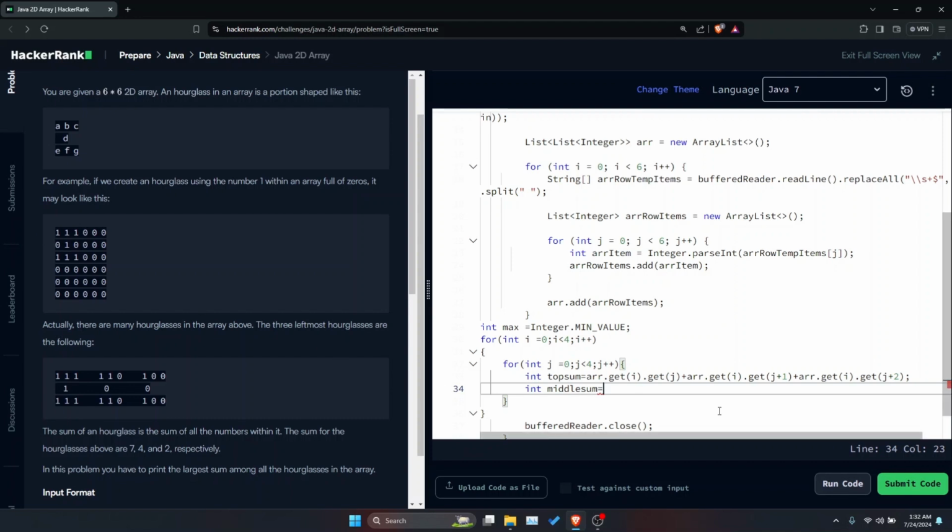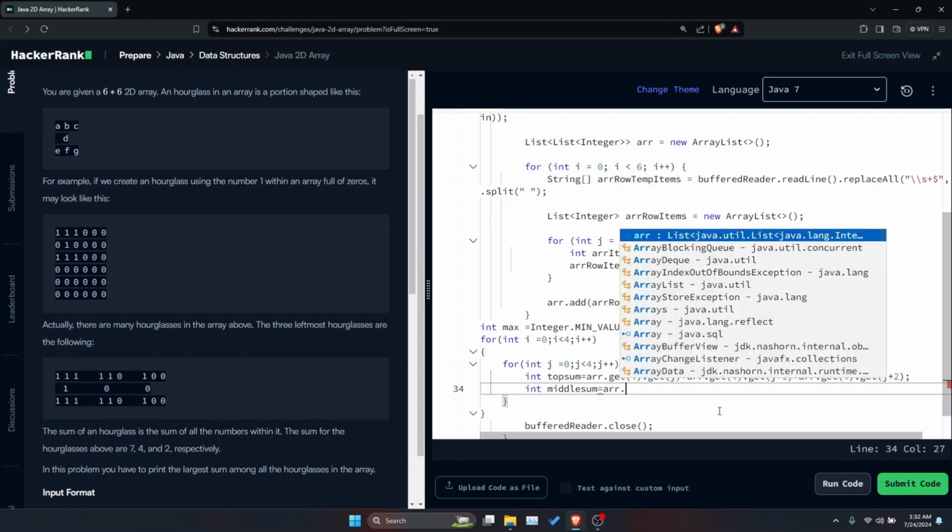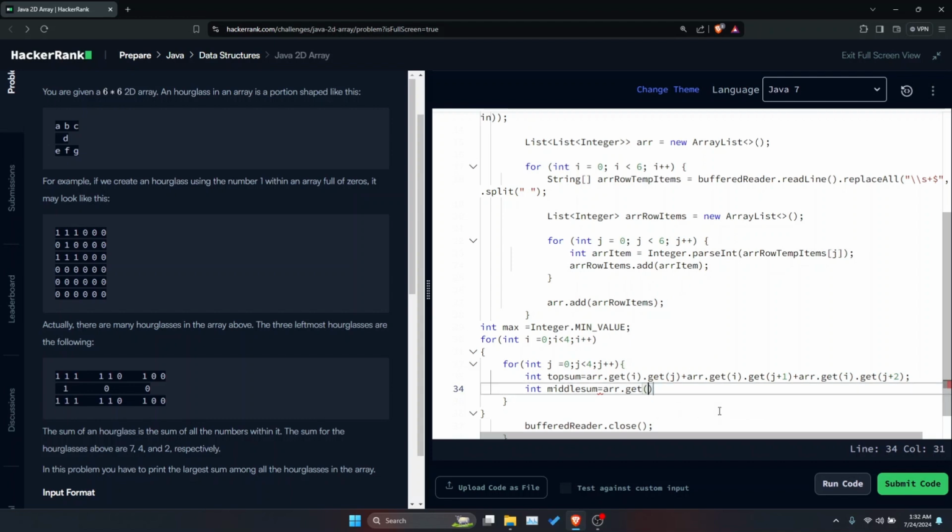So I would write i plus 1, array dot get i plus 1, and for the column it's the second column, so I would write j plus 1.